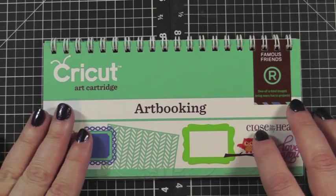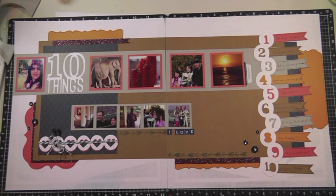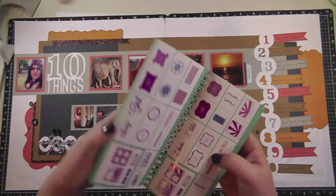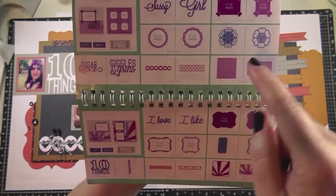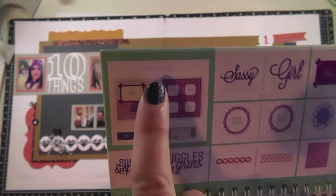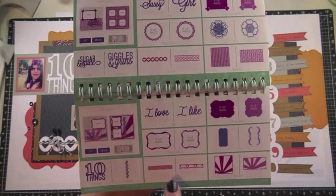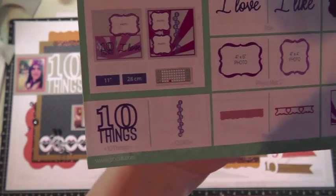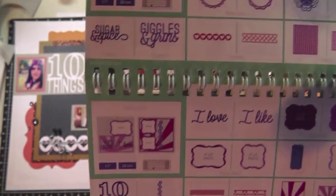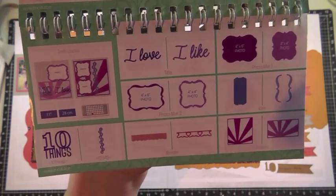So let's get started. The first one I wanted to show you is a layout called 10 Things I Love, and if you go to page 81 in the Artbooking handbook, you'll see there are two layouts that we call the teen layouts. We took some of the images from this page to make this. The main key is the 10 things, and then you get the 1 through 10 down here, which we use from this page. But what they also did is cut this overlay, which is like a starburst theme, and we put it